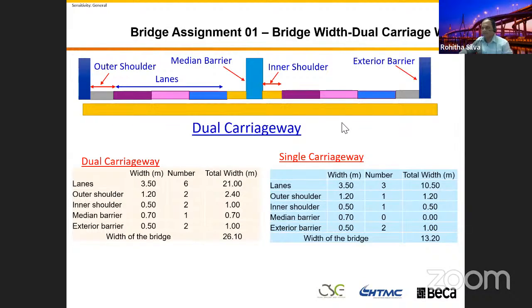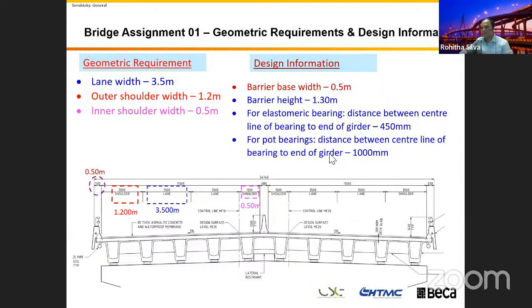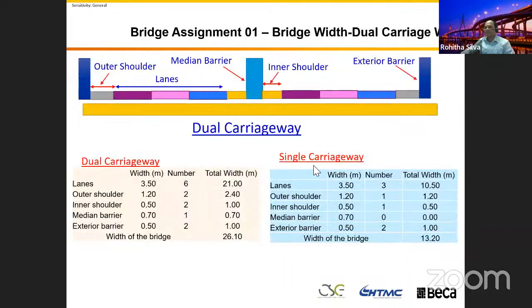Then, if I go back to this one, for the bridge geometry, first we're going to calculate the width of the bridge. This is your bridge. You've got 3 lanes, because in the first exercise we're going to design the dual carriageway, the combined carriageway separated by a median barrier. I've got 3 lanes, and you can see I put that in 3 different colors. You've got 6 lanes, outer shoulders,